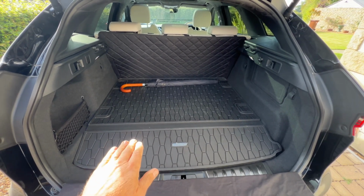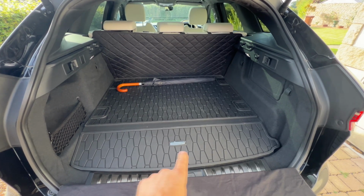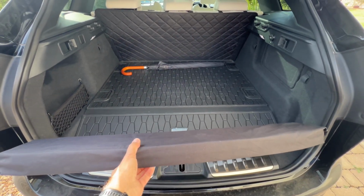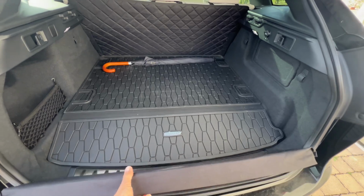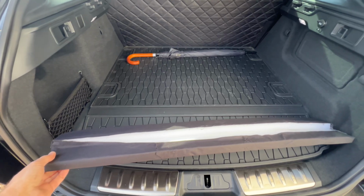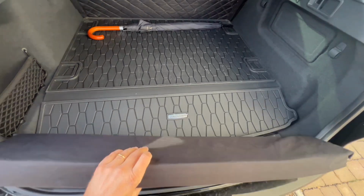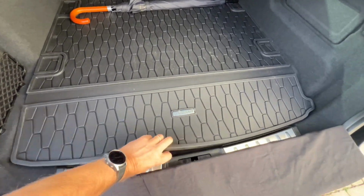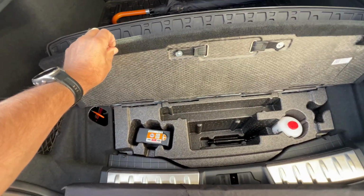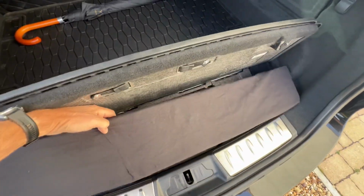level that off completely. Everything I seem to put in there rolls down here and ends up sticking on this lip. So I came up with this idea of a little homemade shelf. It's made from just some high density foam that I had lying around, and I cut it to shape. Lift this mat out of the way and lift this lid, and then you can see the profile there. So I cut this to shape,